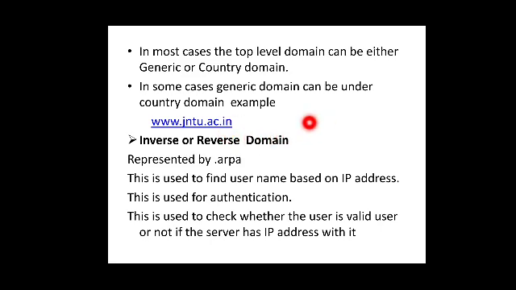So generally your domain name will be read from right to left. To fetch an IP address, the domain name is processed from right to left. So it first goes through the .in. First it will see .in. .in means whatever IP address is being requested, it is present in India. So first it will reach the Indian servers, and after that it will see what is in India. There are different types of servers, government or educational.